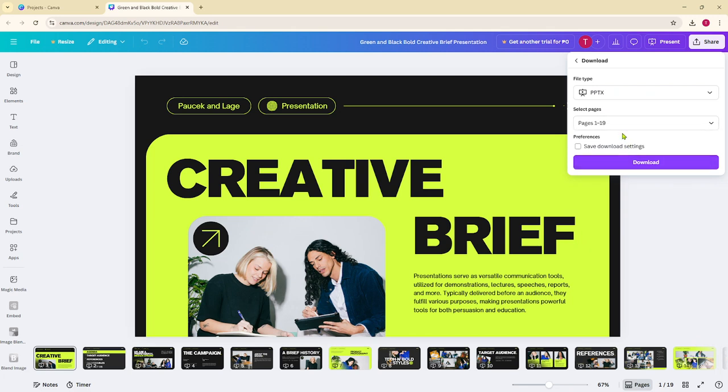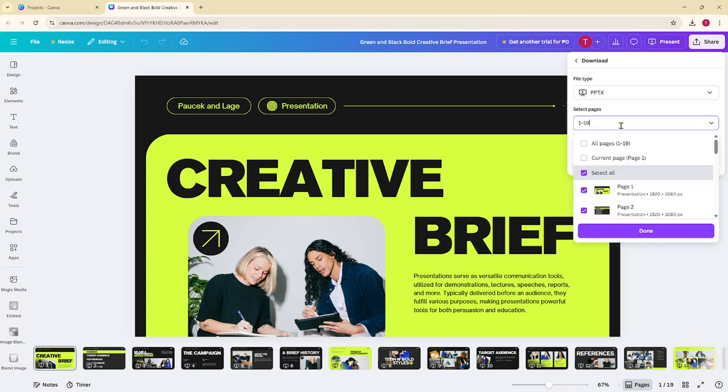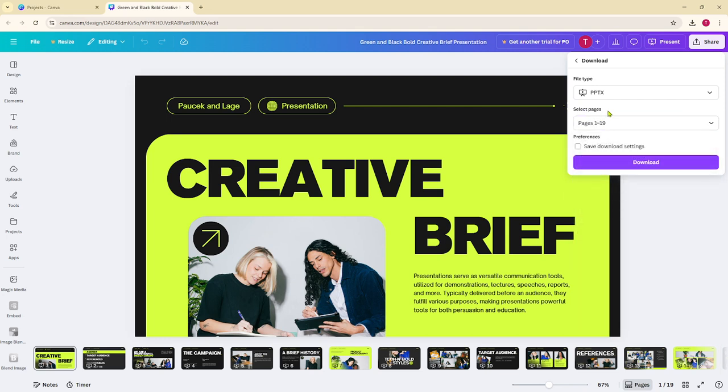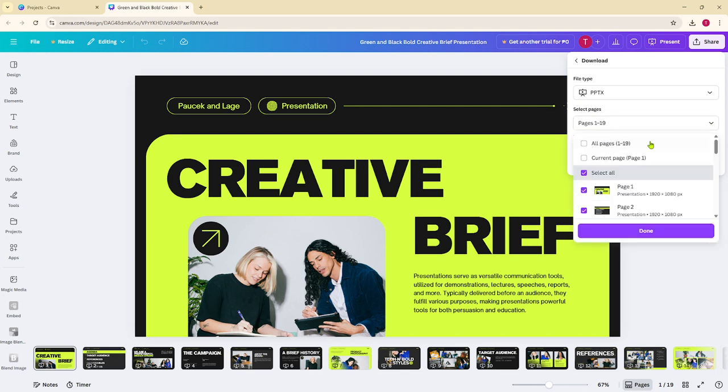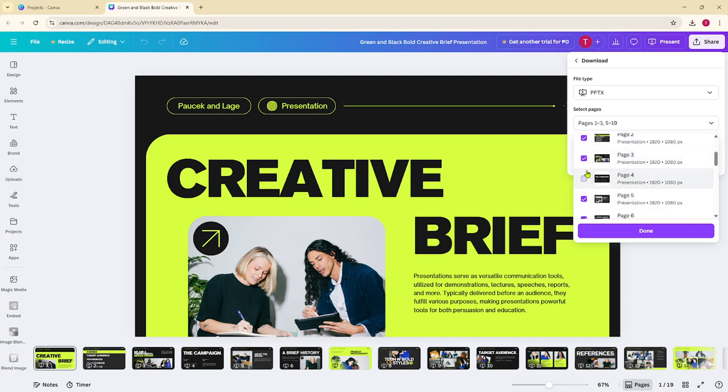In some cases, you might only need to export specific slides from your presentation rather than the entire deck. Canva makes this easy. Right below the file type option, you'll see an option called Select Pages. Click this, and a list of your presentation slides will appear. Simply choose the specific slides you need by clicking on them. This can be especially useful if you're working with a large presentation and only need to share or use certain